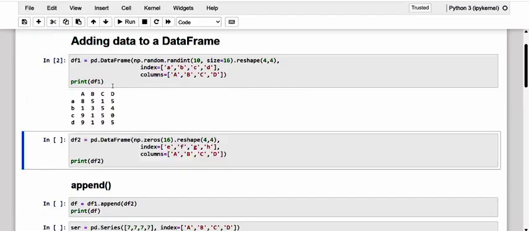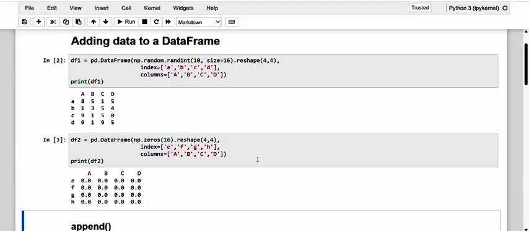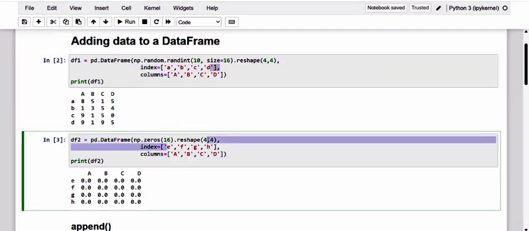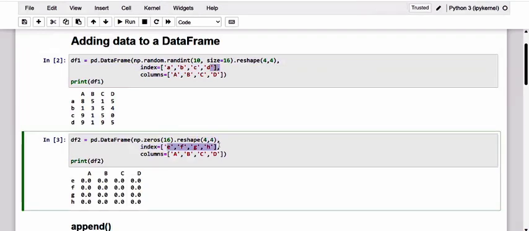Let me create something which is in zeros, and of course it is data frame 2. And kindly have a note of it. Here I have customized the index as A, B, C, D for data frame 1, and of course E, F, G, H for data frame 2.